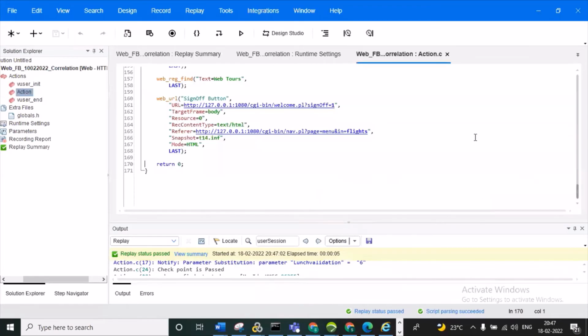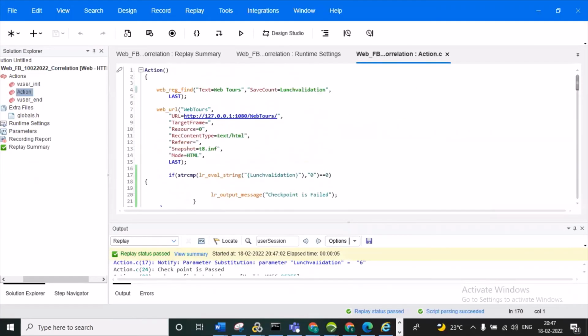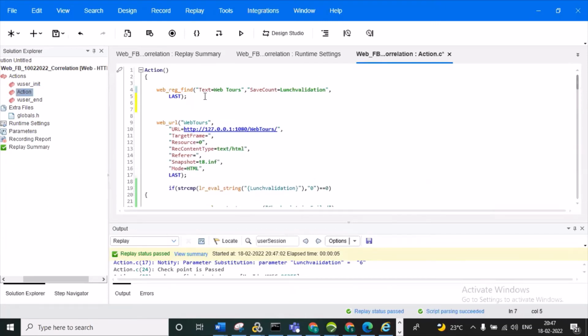From an interview point of view, everyone asks for the image verification point, but in real time we can't use it for the image. For validation, we can use the web breakpoint and web image also. In interviews, they will ask what are the verification points or checkpoints: text verification point, image verification point, response size, HTTP status code, and correlation function also is one of the validation